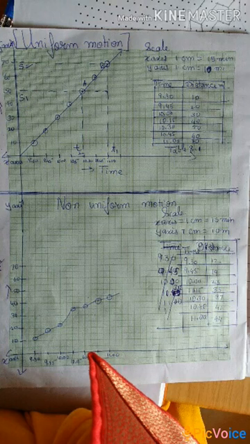On the second graph you will observe keenly that the line which we draw is a little bit curved. It is not straight. That means when an object is having a non-uniform motion, the graph you will draw will be of non-linear type. What do you mean by non-linear? Non-linear means the line will not be straight. Okay? Have you understood?